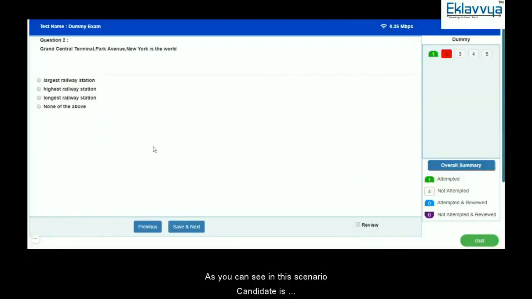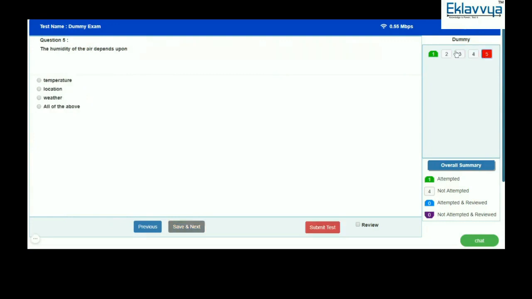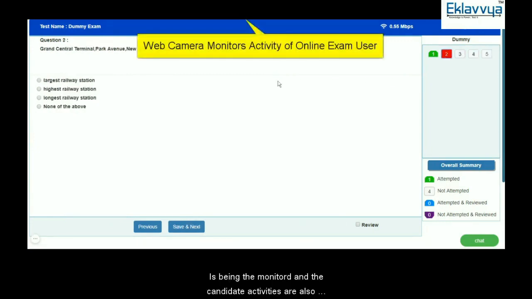As you can see in this scenario, the candidate is appearing for the online exam and the entire activity of the candidate, including whatever questions are attempted, is being monitored, and the candidate is also monitored using the web camera attached to the system. The system continuously captures photographs as well as continuous video streaming of the candidate.